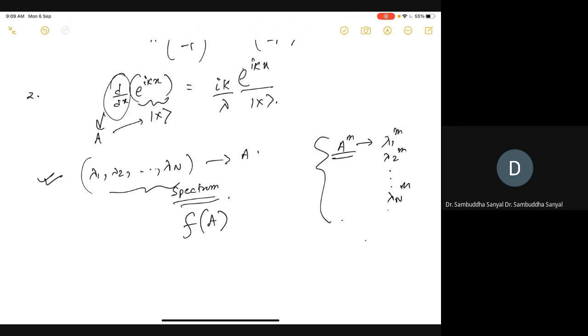One particular case will be very useful in quantum mechanics, and I'll discuss it when we come to that: e to the power minus iHt. You can think of it as an exponential function whose argument is some complex number times a matrix, H being a matrix. So how do you calculate such an object? You'll see time evolution is given by this object, and the possibility of calculating it comes from expanding it in a power series and knowing that if you take a power of a matrix, the eigenvalues are also raised to that power.